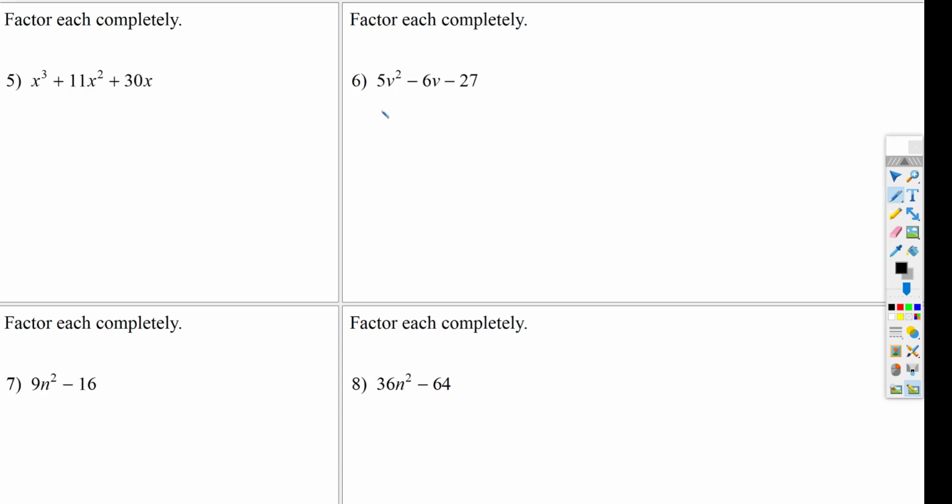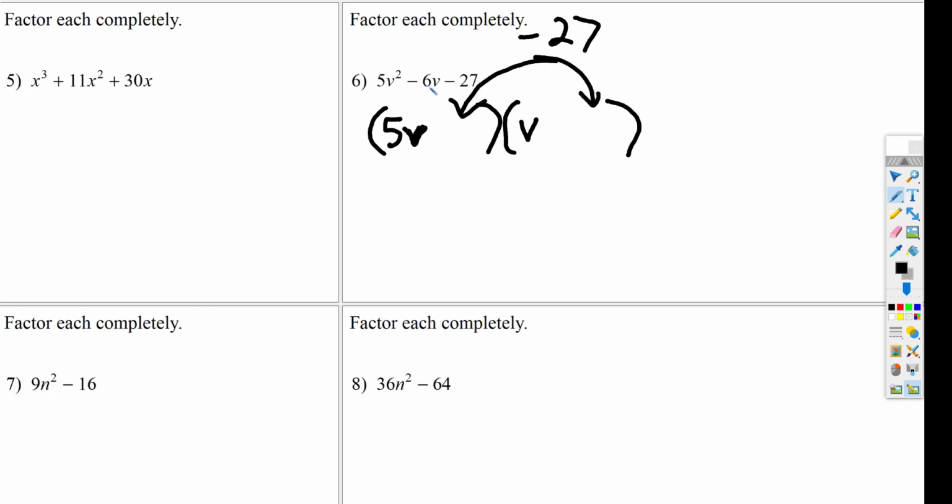All right, so it's worth a shot to just start factoring. So we put the 5v and the 1v, because when you multiply, 5v times v is 5v squared. But now you have to put factors of negative 27. You have to be cognizant of how this works. This 5v times this factor plus this v times this factor will add up to